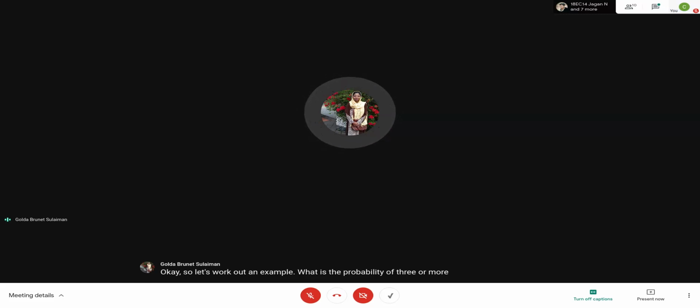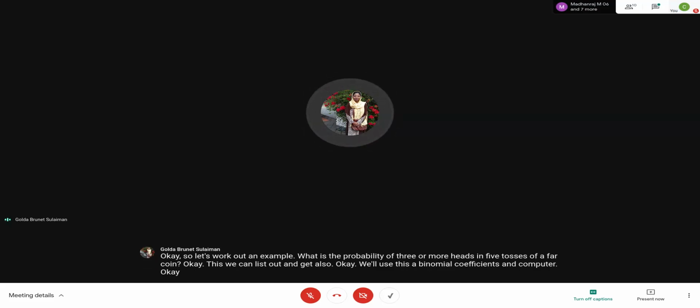What is the probability of 3 or more heads in 5 tosses of a fair coin? Okay, this we can list out and get also, but we will use the binomial coefficients and compute. The binomial coefficient associated with n equal to 5, n choose 0, is 5C0, which is 1,